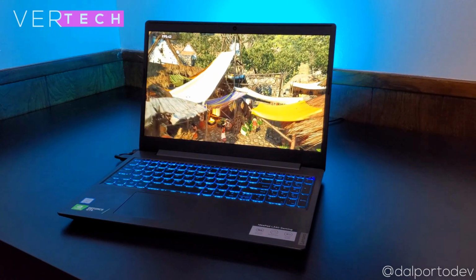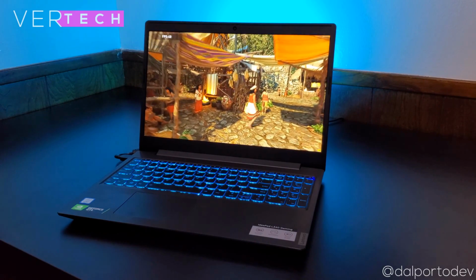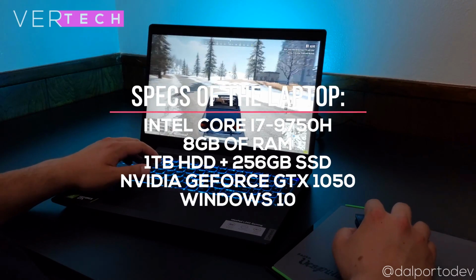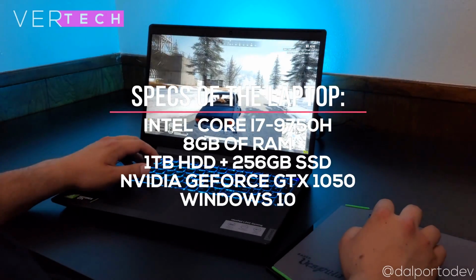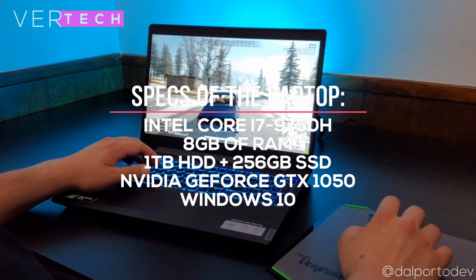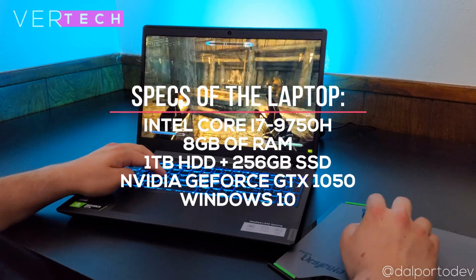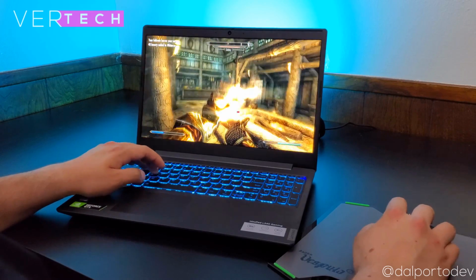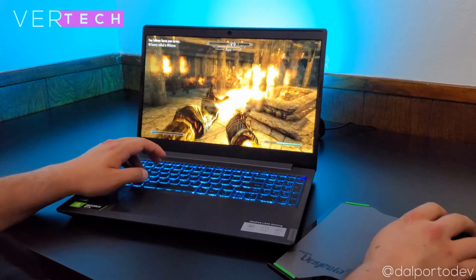Performance on the laptop is really good and is one of the strong points for the laptop. The specs on the laptop include the Intel Core i7-9750H processor, 8GB of RAM, a 1TB hard drive plus a 256GB SSD, and the Nvidia GeForce GTX 1050. The laptop with these specs is capable of doing almost every intensive task you want, including high-end editing and gaming